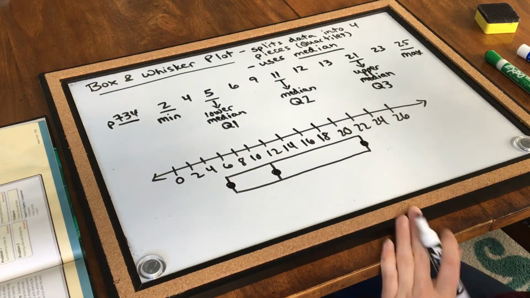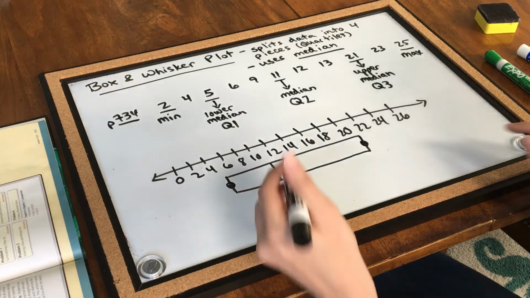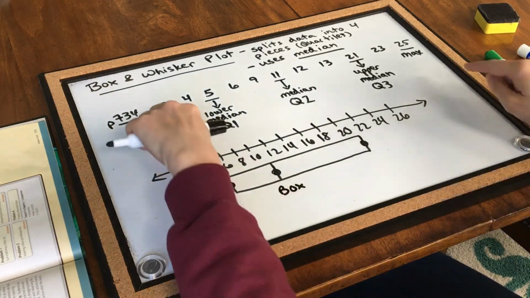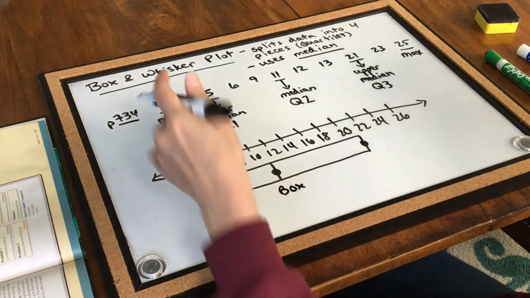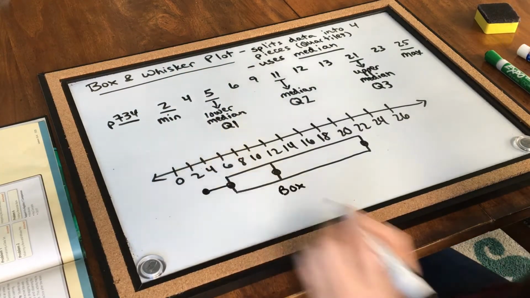So that makes the box portion. Next, I need to put in the whiskers. So this is the box. The whiskers are going to extend outward to the minimum and the maximum. So my minimum was 2, so I'm going to put a dot here, and I'm going to extend my whisker